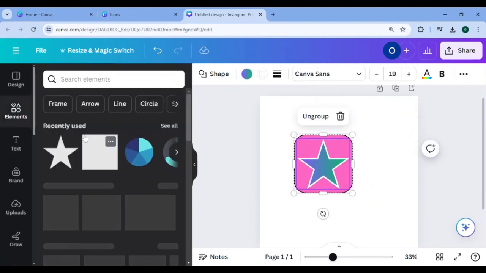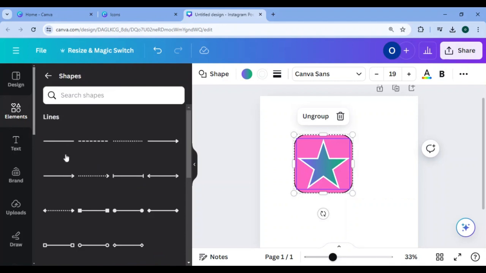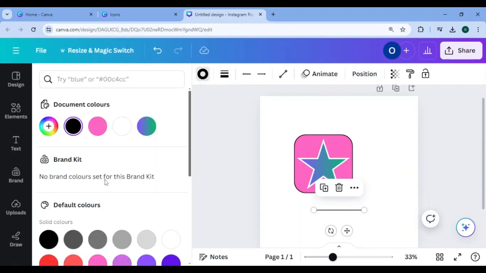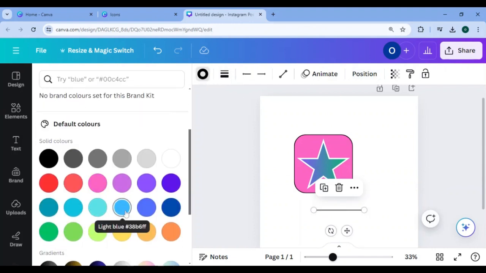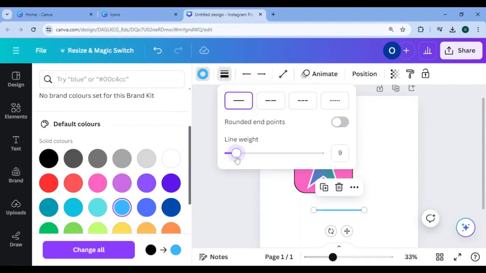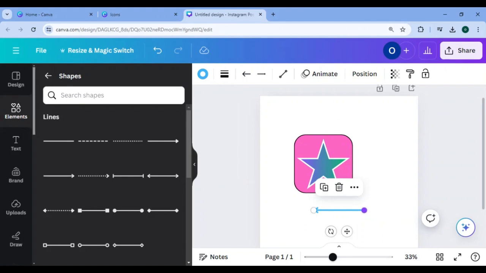Let's go back to the element. Apart from the shapes, you can add lines too. There are different kinds of lines you can add. Let's pick up a straight line here. You can change the color of this shape. You can pick up any suitable color from the options here. You can change the thickness. You can make it thicker than it is. You can also change the style. You can make it more pointed, or you can give it an arrow and just like this, increase the length,